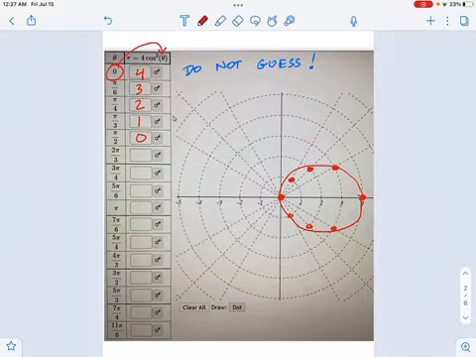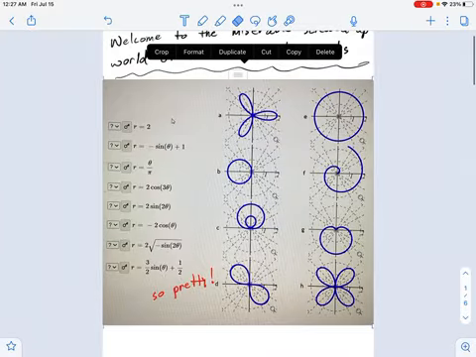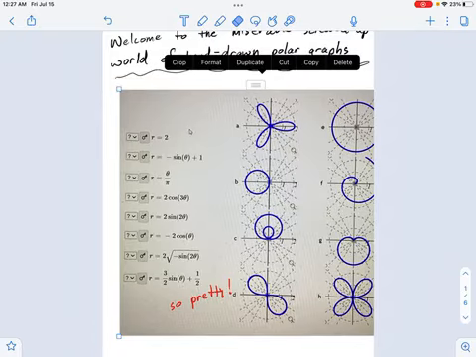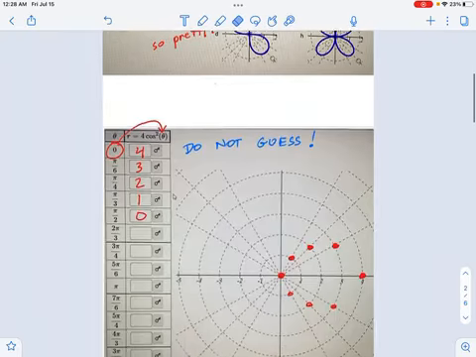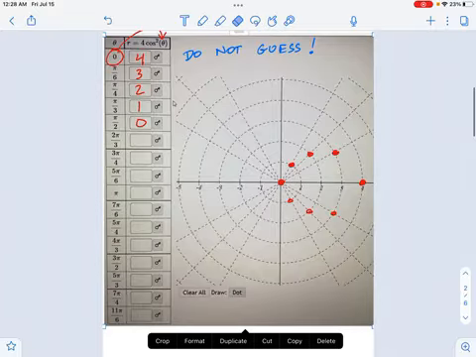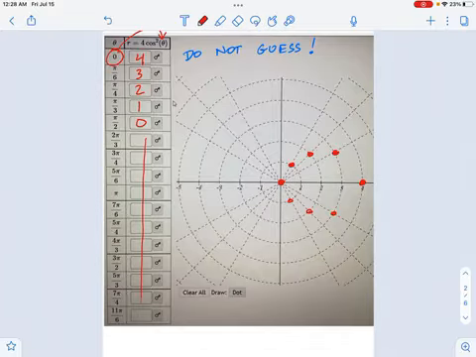Do not guess, because there are lots of shapes in polar coordinates, right? Some of them are just these things where it is a circle like this. But some of them do weird stuff, like this circle within a circle thing. And it's hard to tell when you've got one versus the other. So I want you to keep on going and just grit your teeth, put on your big kid pants. Just make it through this table over here.